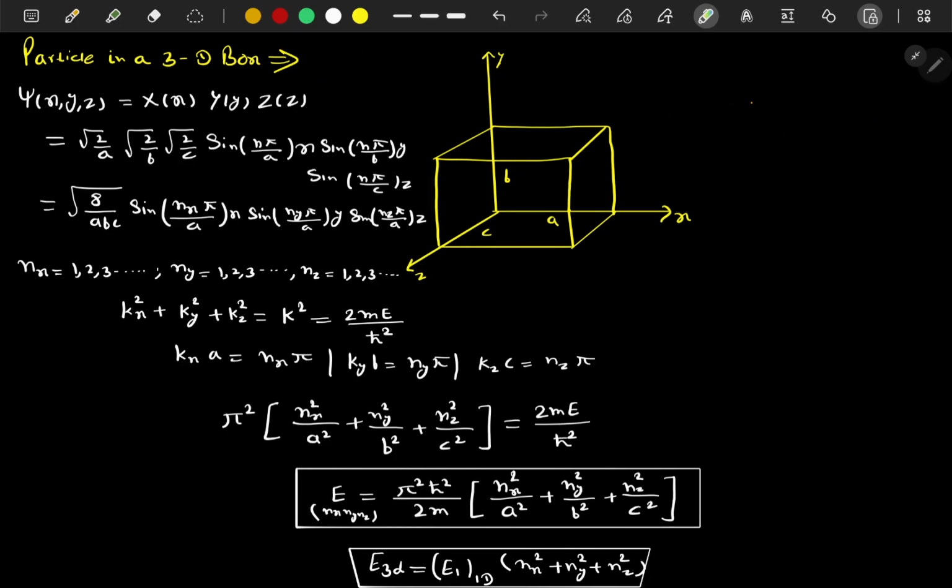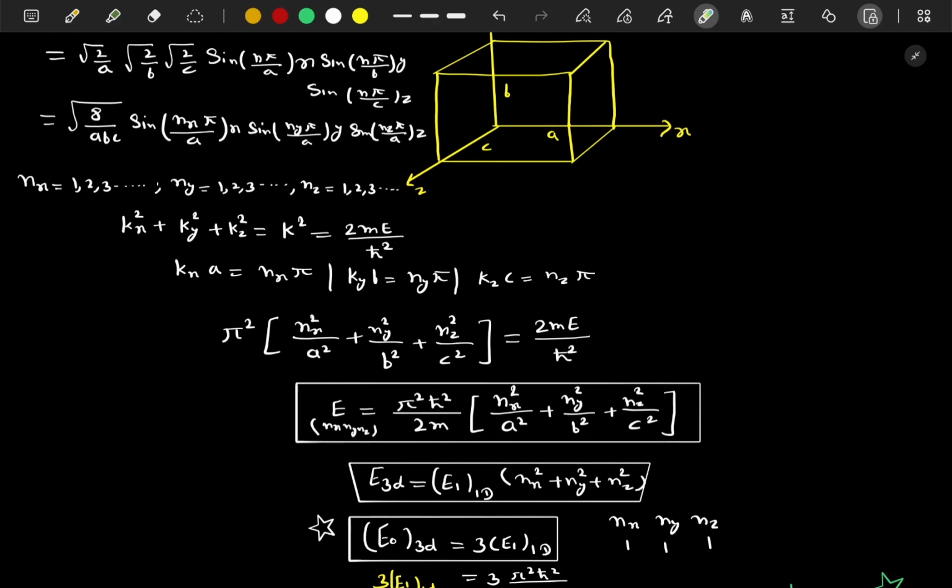जाएगा, 3 डायरेक्शन आ जाएगी। तो √(2/a) √(2/b) √(2/c) sin(nπx/a) sin(nπy/b) sin(nπz/c) with respect to x y z direction. So total wave function will be √(8/abc) sin(nxπx/a) sin(nyπy/b) sin(nzπz/c). This will be the wave function with respect to a particle in a 3D box